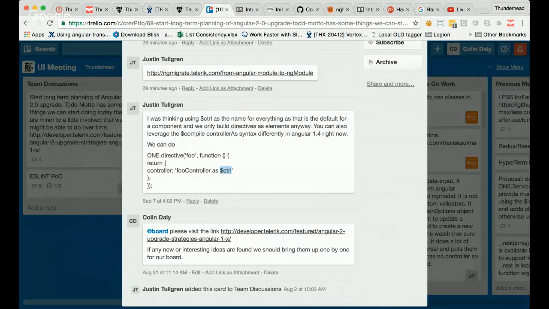So $controller is used on the component level because you can't really have components on components. And when there are subcomponents within a component, it's all isolated anyway. But you can have directives bound to components, and those directives could potentially have controllers. In that case, you can't use $controller as your directive controller namespace. At least that's my understanding of it.